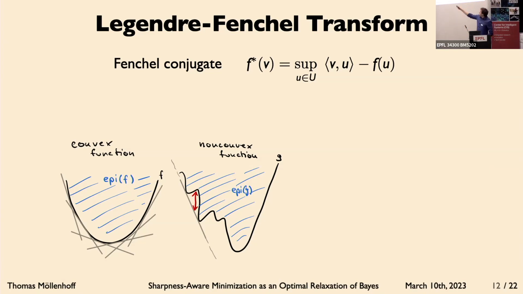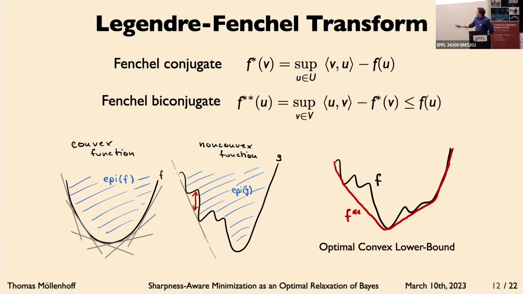And then once one has this Fenchel conjugate available, one can get a dual representation of the function f in terms of hyperplanes. We maximize here over the slope of the hyperplane, and the conjugate tells us how much we can push this hyperplane up until we hit the graph. So we have f star star, which is the optimal convex lower bound of our function f. And it's obtained using this Fenchel transform.